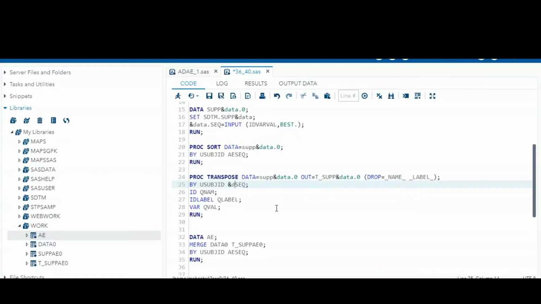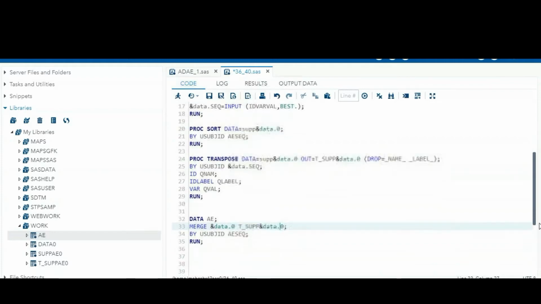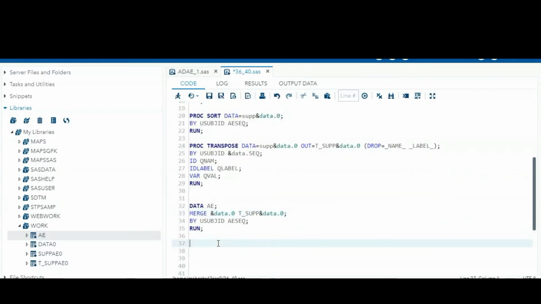So ampersand data dot sequence. Then we are going to merge ampersand data dot 0 with t underscore supplementary ampersand data dot 0. After that, end the macro.